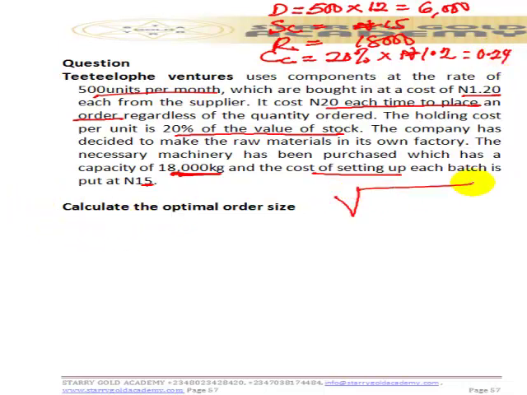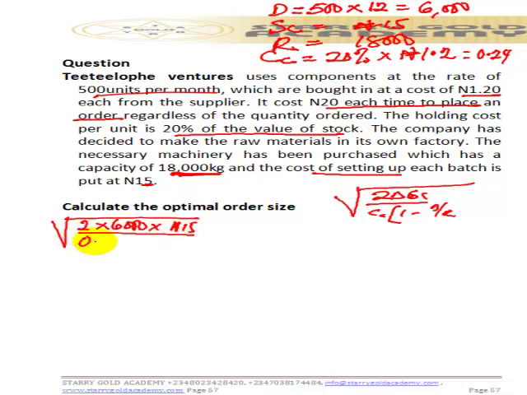So the economic batch quantity is going to be the square root of 2DSC over CC into 1 minus D over R. So I have 2 times 6,000 times 15, everything divided by 0.24 into 1 minus 6,000 over 18,000, by the formula. So that's giving us